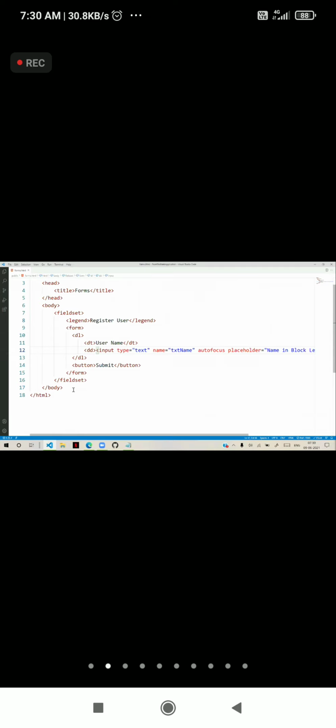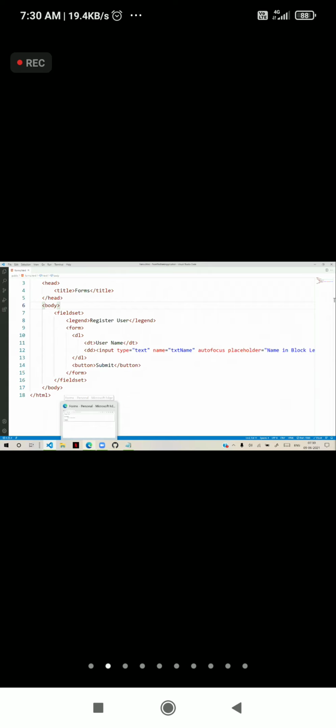Generally, when you are configuring the focus for the text box, this is the approach. Autofocus indicates which element should get focus, so that you can start typing from there.